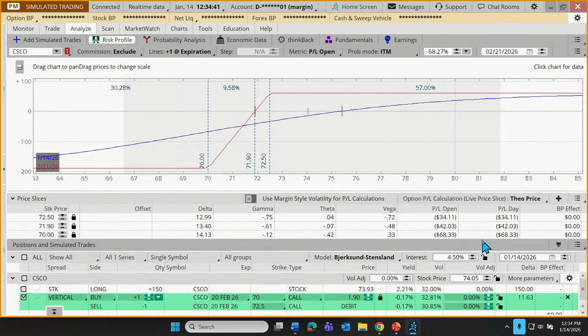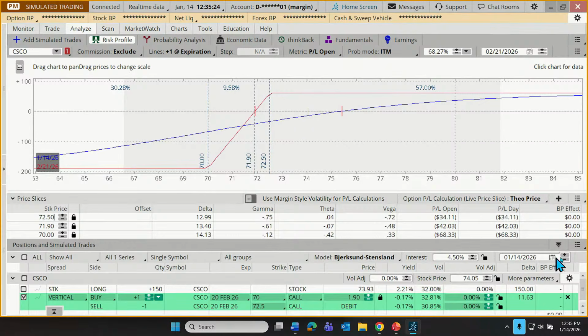All right. Now this is going to be displaying how we are doing with the stock at these levels. And you're probably saying, well, I know that, okay, Cameron. So theoretically, at expiration, if we're above 72.5, we should be at $1.90 or $190 in profit. And yet our P/L open is showing us we've lost $34 at 72.5. That's because these numbers here are looking at this date down below. So we haven't gotten to expiration yet. These numbers are looking at the blue line.